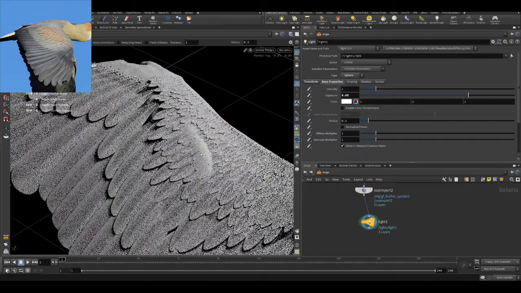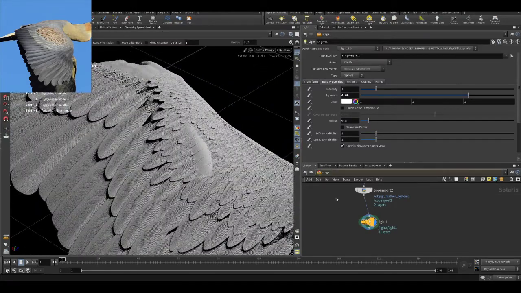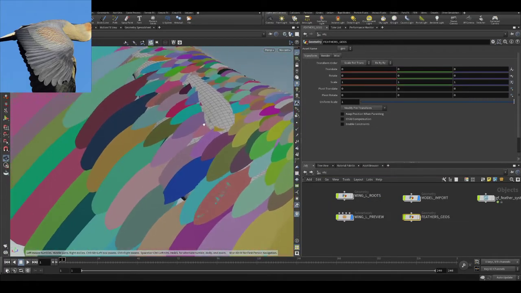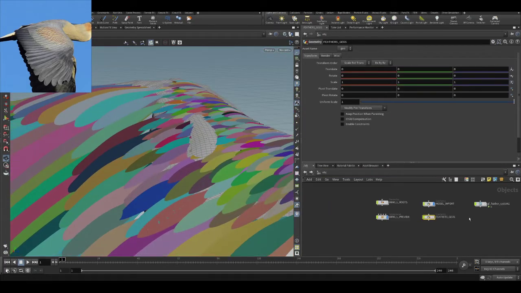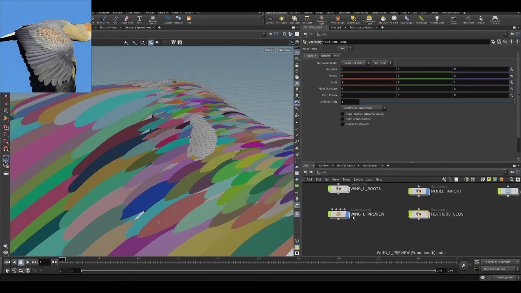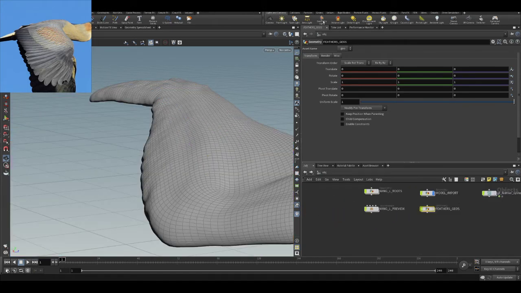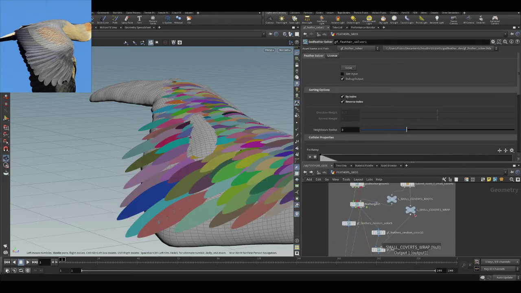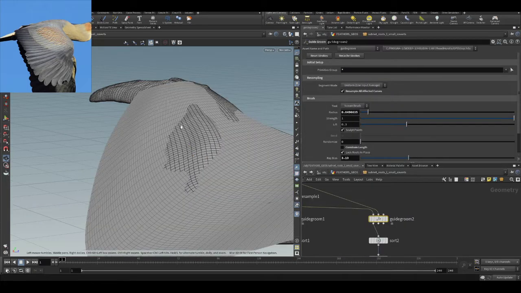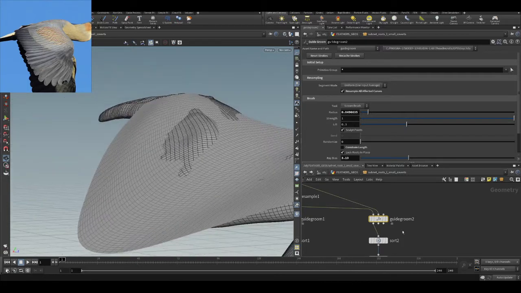If you now spot something wrong here, you simply go back here. Yeah, it was really easy to spot. You simply turn off these, and let's jump here. Yeah, we can see that the wrapping surface wasn't okay, and